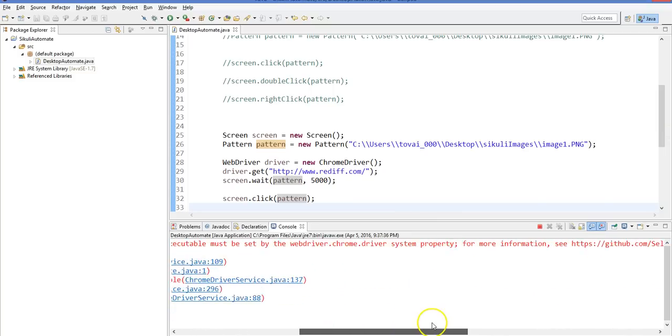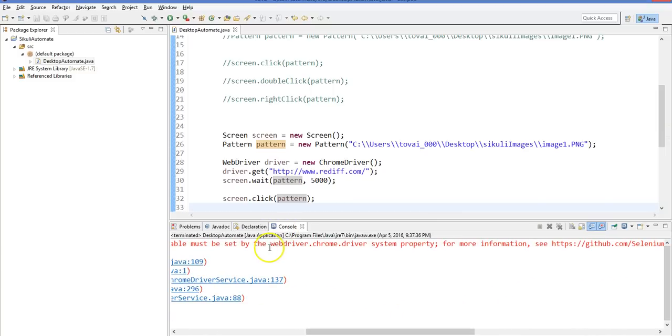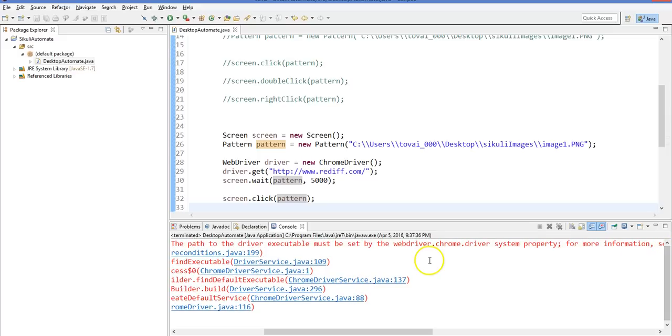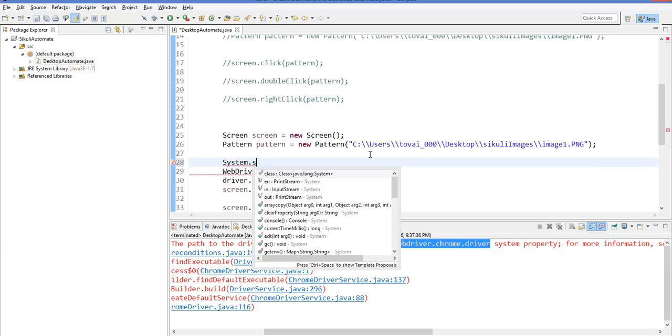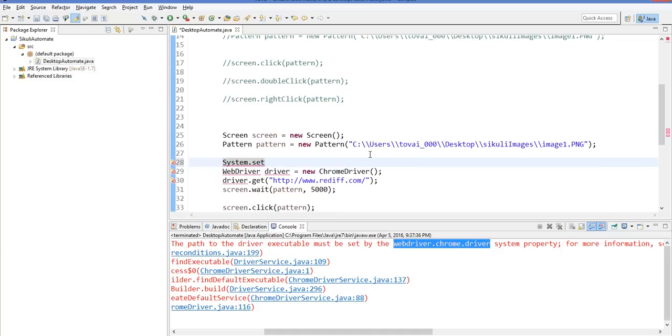Actually, we are not working on Firefox, so we are working with this Chrome driver. So we have to set our system properties. We have to give the path of the driver exe for Chrome. So before setting the Chrome driver, we have to write System.setProperty, and it will take double arguments. Set property, the value for webdriver.chrome.driver, and the path of